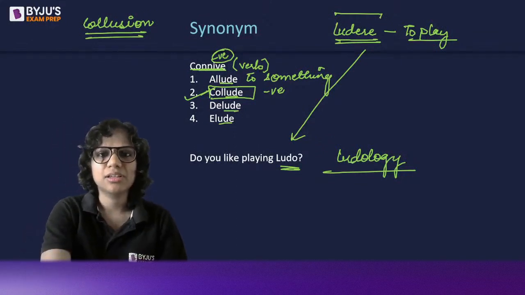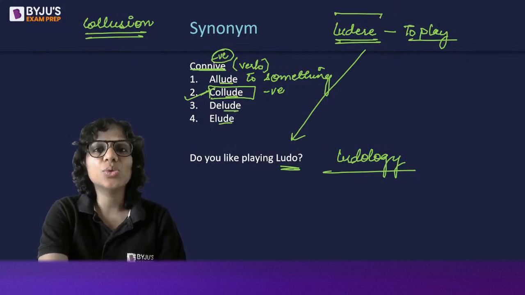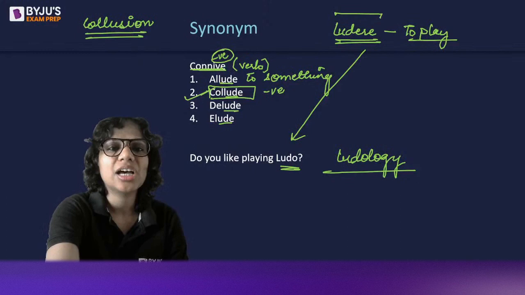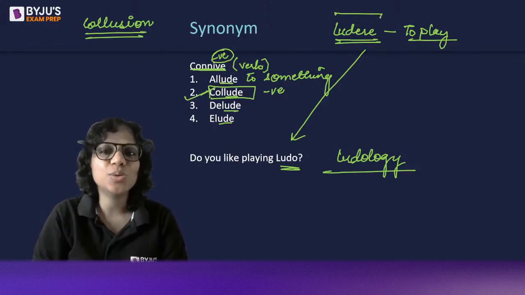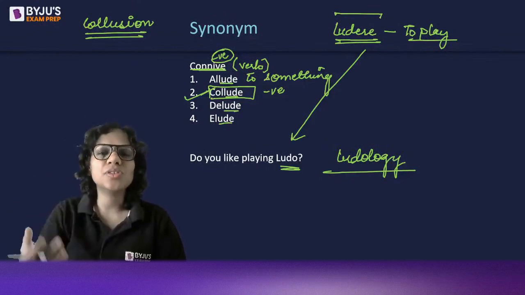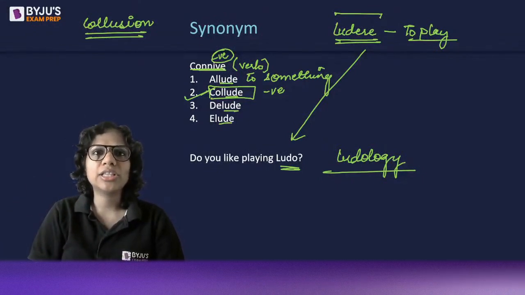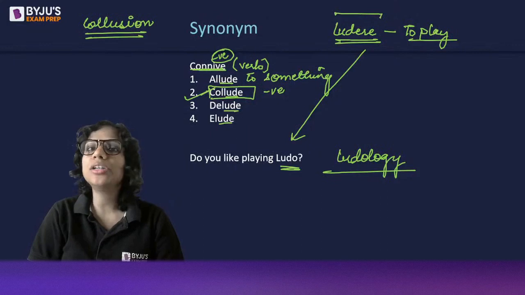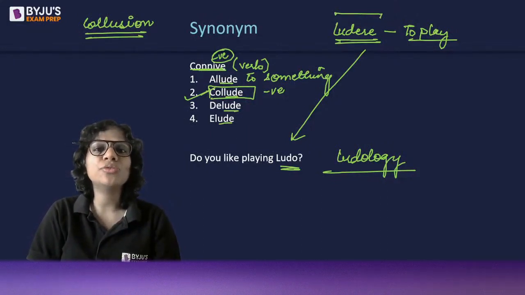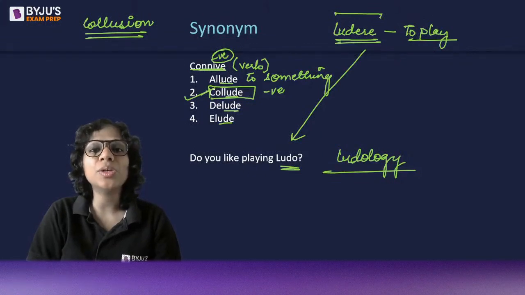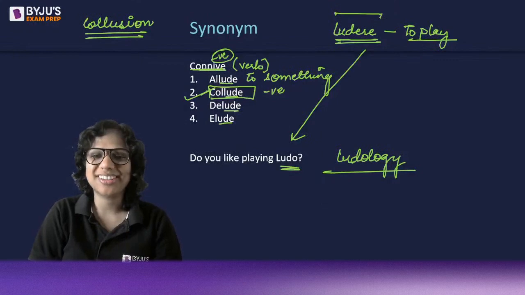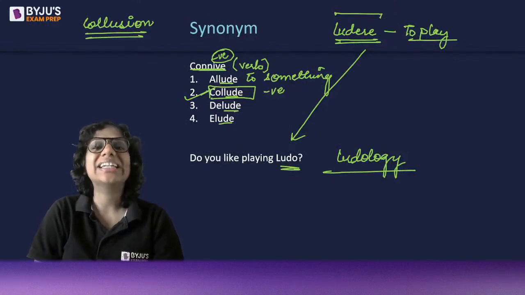Yes, we hint towards something. So it does not have to do with conniving, it has rather to do with hinting towards something. So let's say that there is a person in your office who is cheating the company, right? But you can't really take the name of that person. So instead of outrightly taking the name, you can allude to him or her. You can just hint towards him or her. That is allusion, that is hinting.